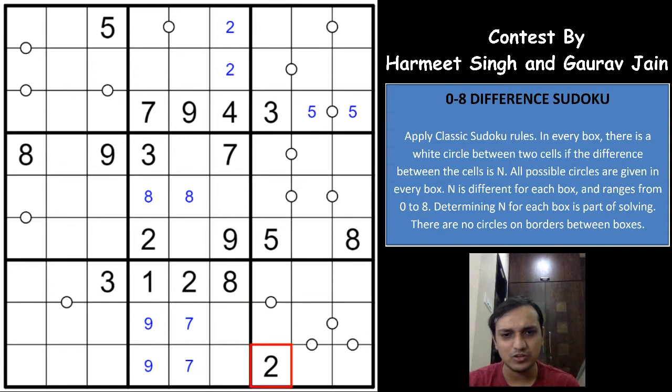If you have a 1 here, you cannot have the 2 because 2 is already given, which means that this box will have the difference of 2, and 1 has to be on the last cell of the consecutive digits, right? Because it cannot be in the middle. 1 and 9 can never be in the middle, so you cannot have a 1 here or a 9 here, because the difference being the same on both sides will give the same digits on both sides, right? Which means 1 has to be in one of these 2 cells and the other digits will have to be 3 and 5 and 7, right? So it is 1357, but the difference we have got is 2, right?